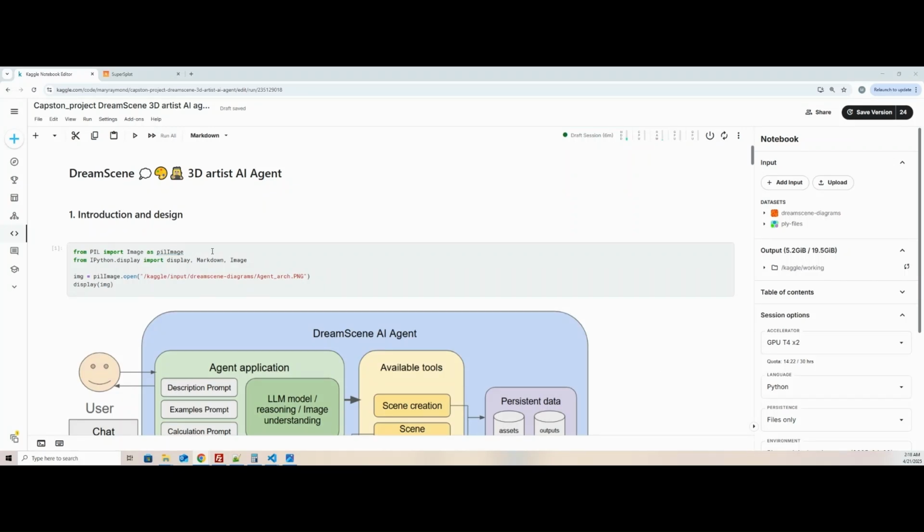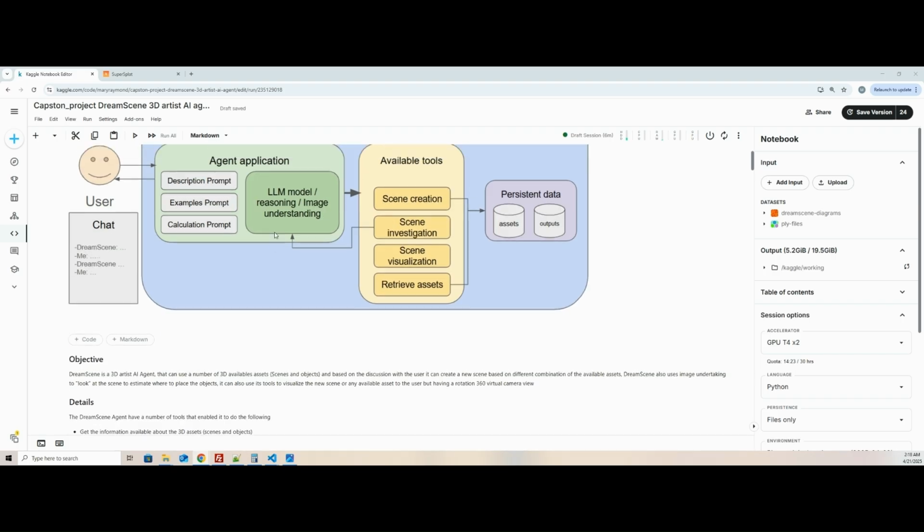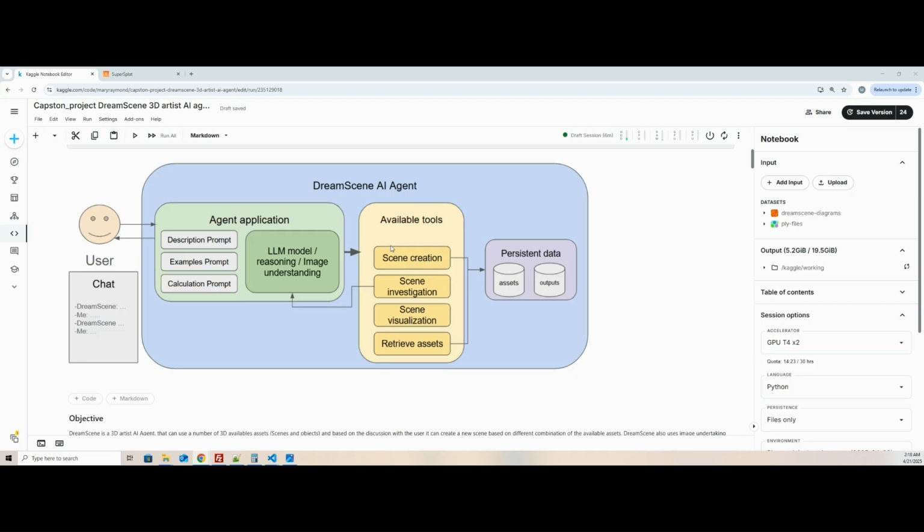Hello everyone. So in this video I will demonstrate the DreamScene 3D artist AI agent. This is the Capstone project for the Google Intensive 5 days AI training. Basically I will go through the architecture and some overview, and then we'll go straight to the interactive